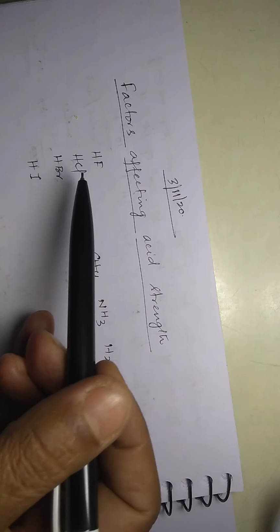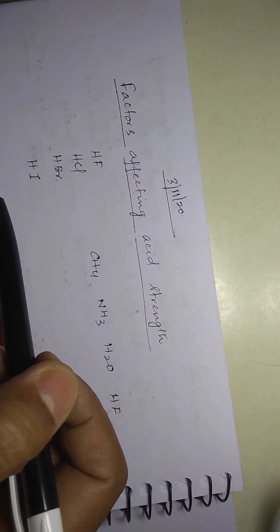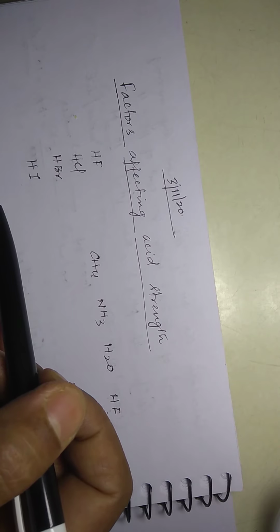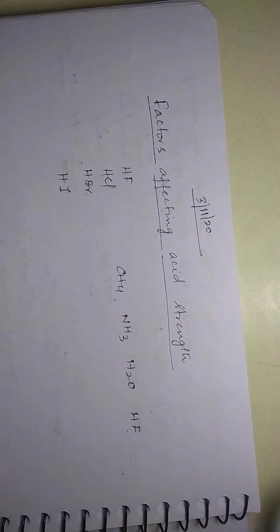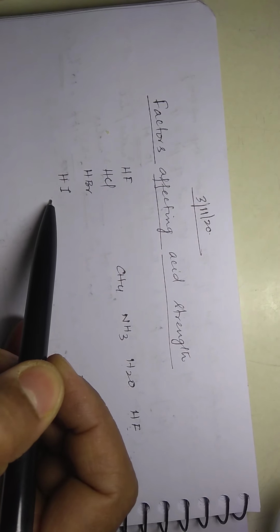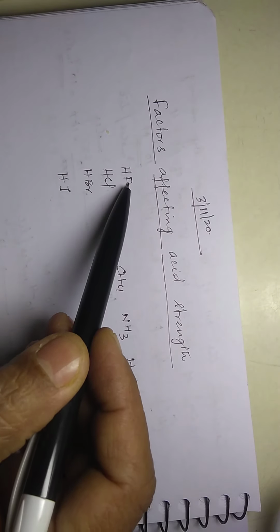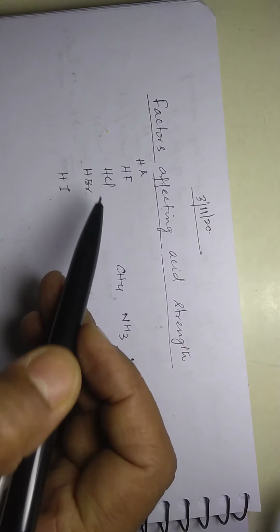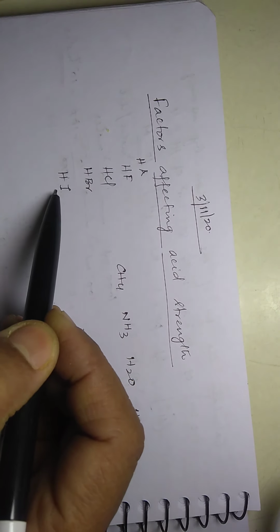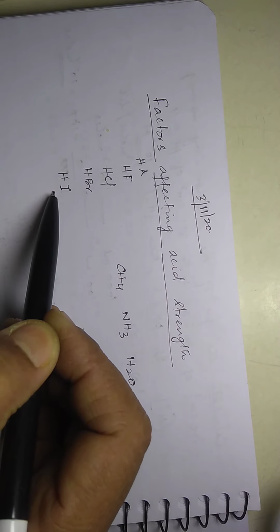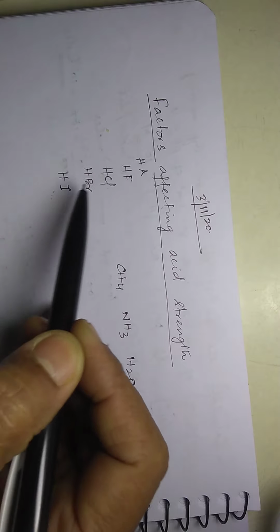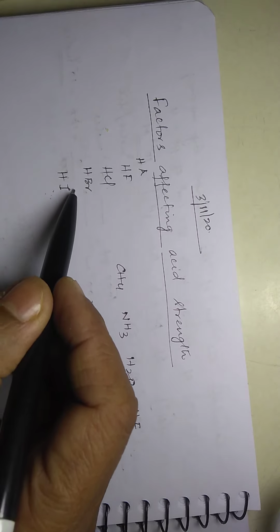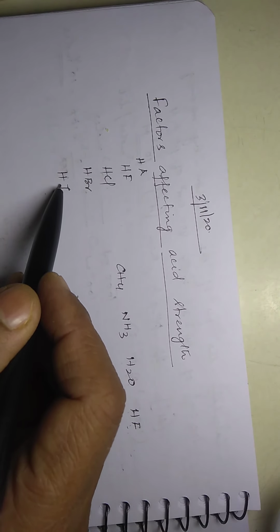Now when you take substances down the group, you will find that the HA bond strength depends upon polarity. Okay, when you go down the group, it depends upon polarity. As the size of the A atom increases, see this is hydrogen, HA I told you, is it not? As the size of the A atom increases, what happens? Acid strength also increases. Why is acid strength increasing? Because when the size increases, the bond strength decreases, is it not?